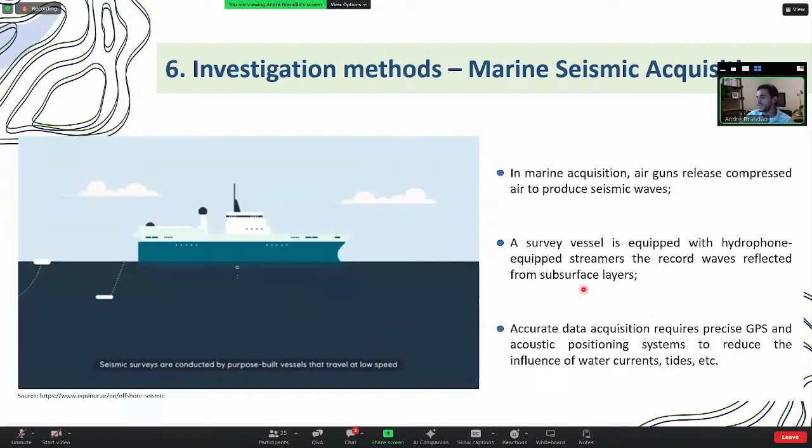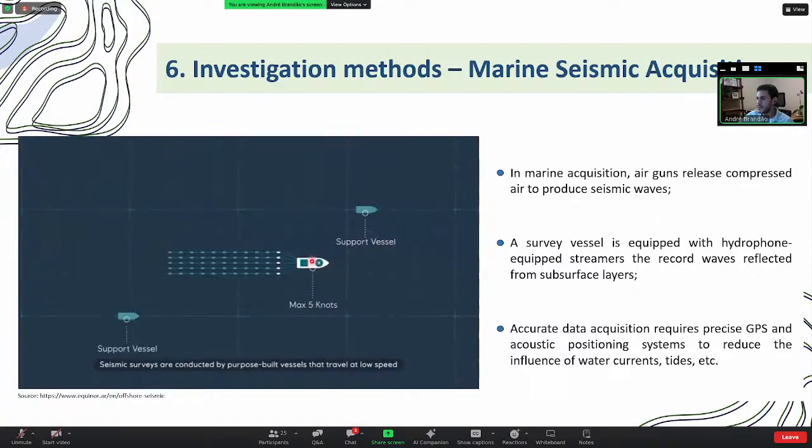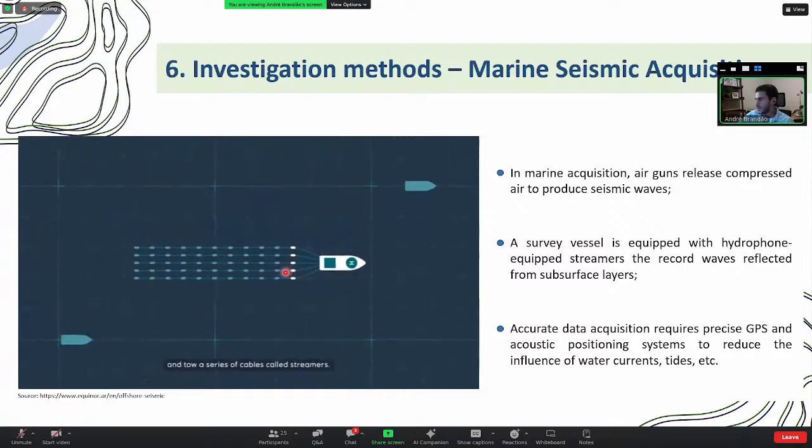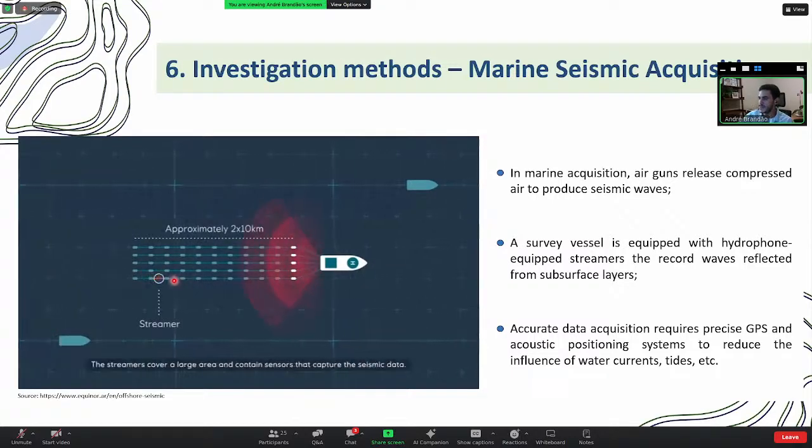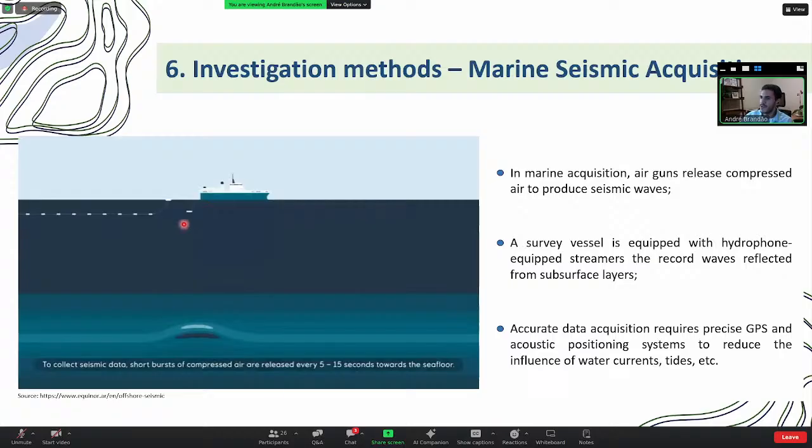So there are two ways we can acquire seismic data: marine and onshore. This is a short example of marine acquisition. We have boats that travel at a very low speed, and they have hydrophones and streamers, which are basically microphones that record. The ships also have an air gun that uses compressed air to create